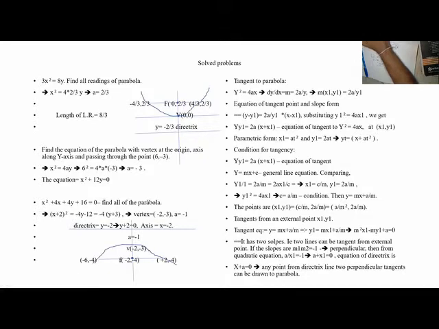And what is the directrix? Directrix y is equal to minus 2 by 3, because the vertex y is 0, here comes a parallel line, y is minus 2 by 3, or y + 2 by 3 = 0, 3y + 2 = 0. So what is the latus rectum? What is this distance, y from here to here? That means 2a, a plus a, 2a, means 4 by 3.